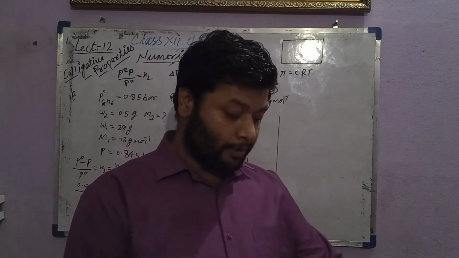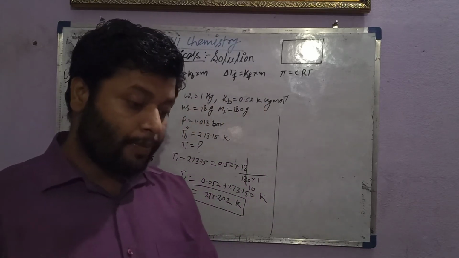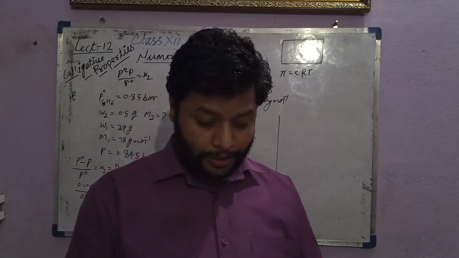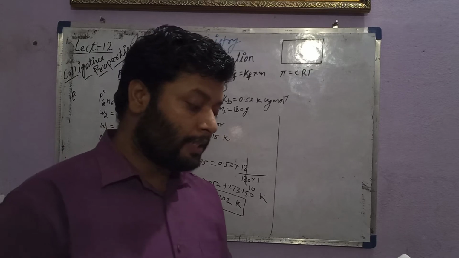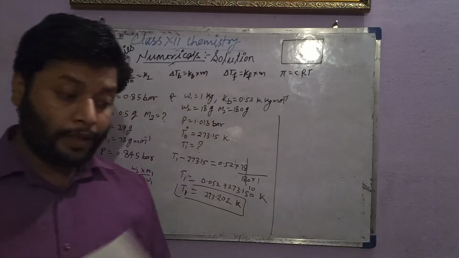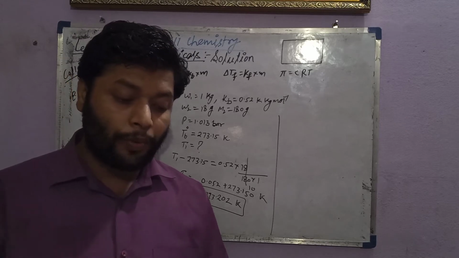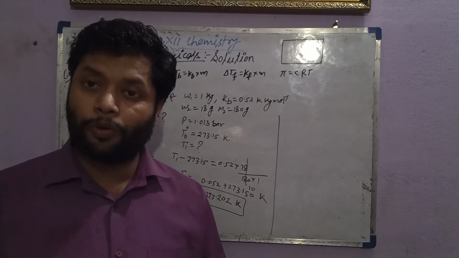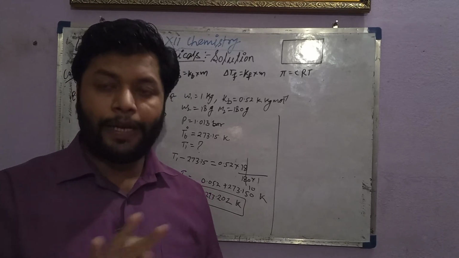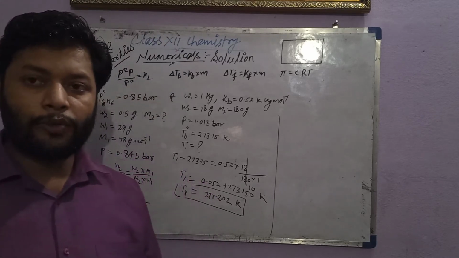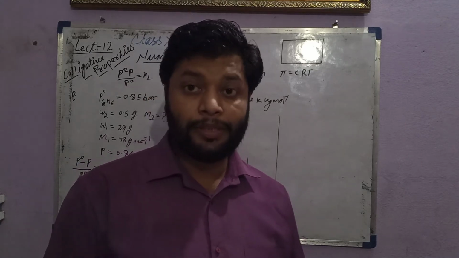Now we'll try to attempt one of the questions from the example, which is based on the depression of freezing point. There are two different examples, example number 2.9 and example number 2.10, and before solving I am giving a homework. Example 2.8 you have to solve on your own and take a guide or reference from the given example. There is a solution also, and give me your answer in the comment box.